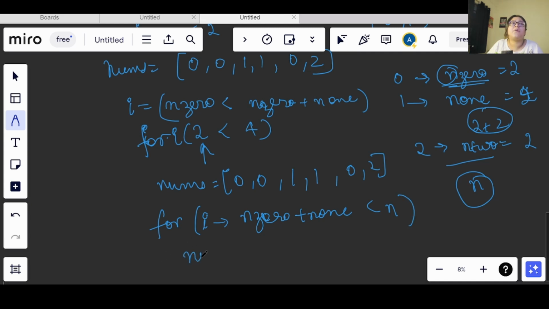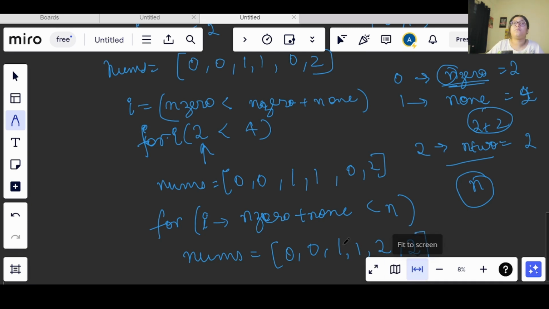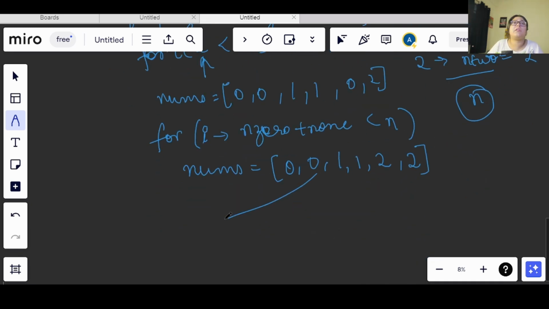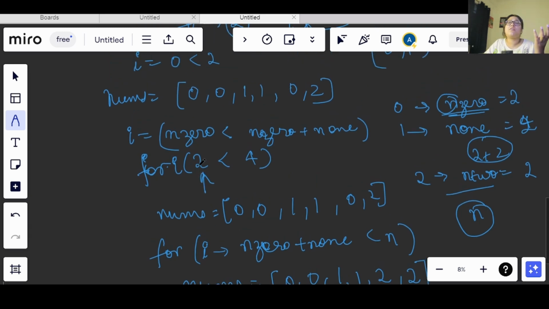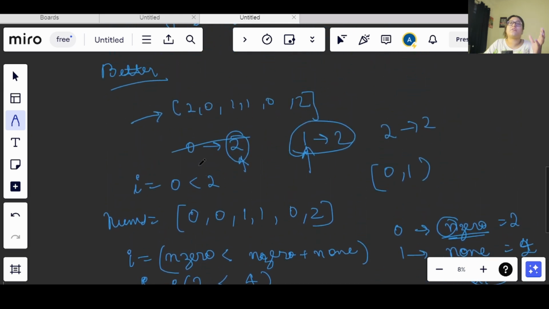After this, we will insert 2 here. So from the 4th index we will be starting the insertion of 2, till the n minus 1th index, and now we will be returning this nums, right? So this might seem complex, but we are doing a very easy operation here, right? This is kind of the easiest medium level question you will be solving, okay?